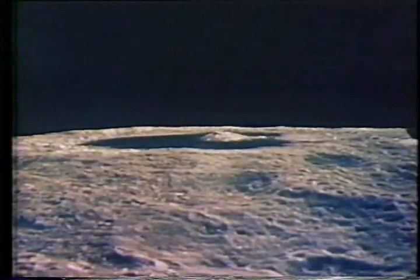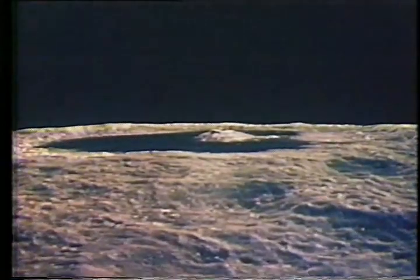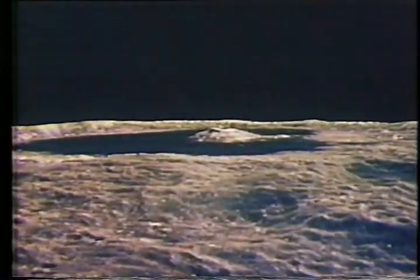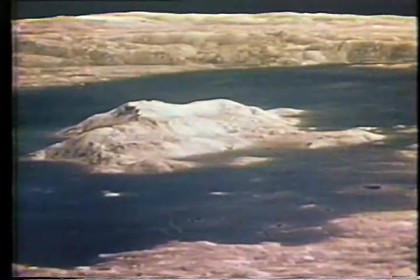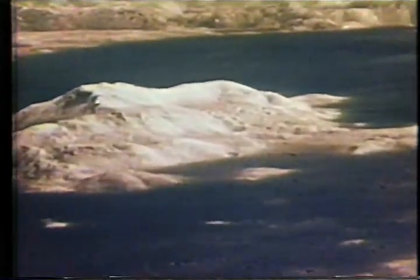And Tsiolkovsky is big enough so that you do get some, at least optical impressions of the central peak being higher than the ridges, but I think it's just because the basin is 60 miles above